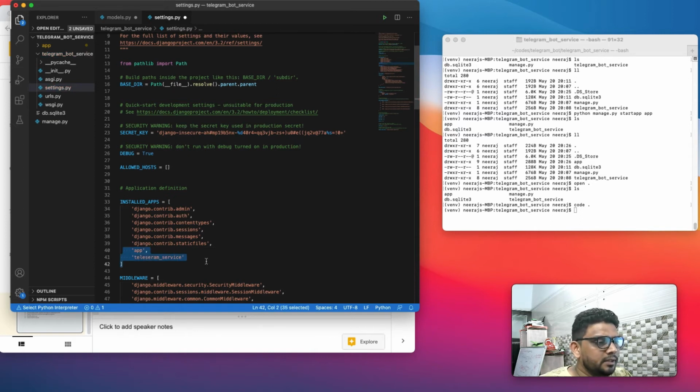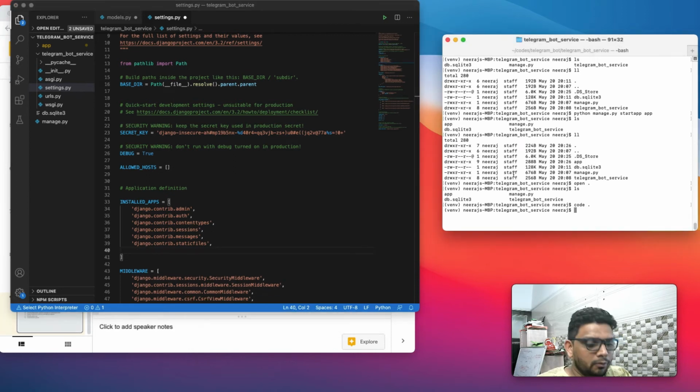Let's see an example. Let's remove it from here, and what I want to do is apply the migrations. What the migration command does is it checks any changes that happened in the model files of all the apps, and if it identifies any change, it creates a new migration file which has the database changes.